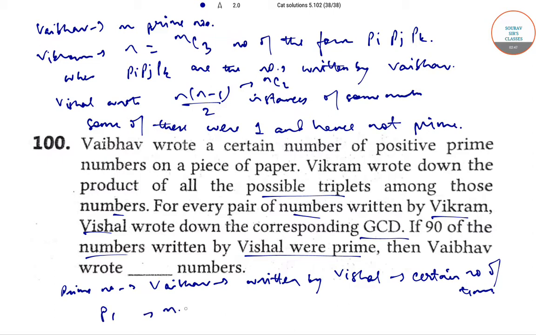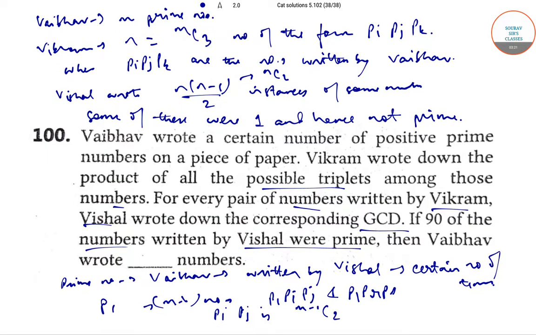Then the other m minus 1 numbers, we have to count pairs of numbers of the form P1, Pi, Pj and P1, Pr, Ps, where no two of ij, rs are equal and none of them is equal to 1. So the number of ways of choosing Pi, Pj is